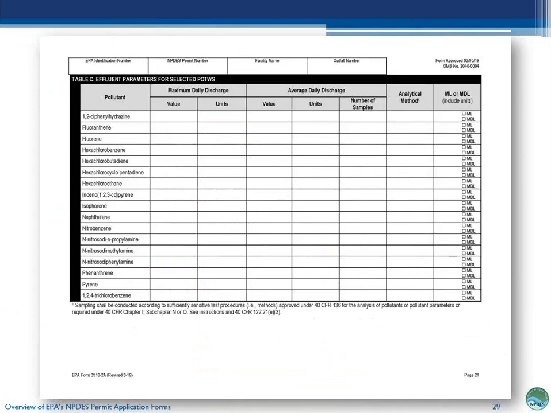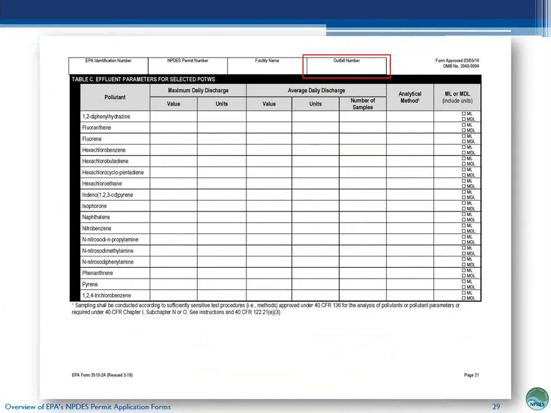Some forms require the applicant to provide analytical testing results in tables located at the end of the form. Applicants must complete the applicable tables for each outfall at their facility. Note the outfall number in the space provided at the top of each page. Note that all required quantitative data reported in the application must be collected according to sufficiently sensitive analytical methods, as required by 40 CFR Section